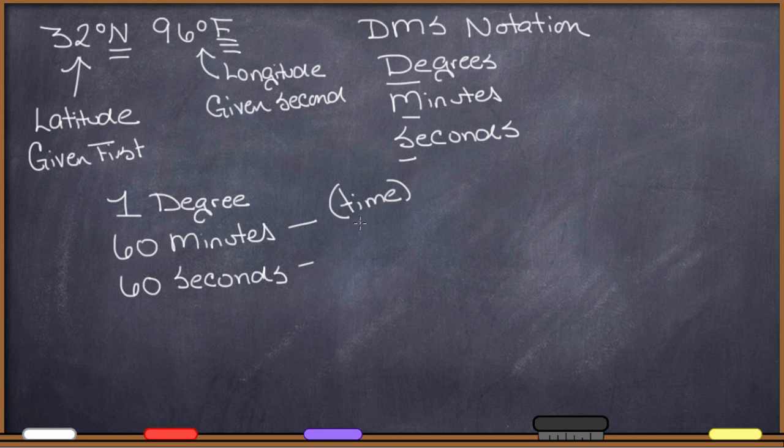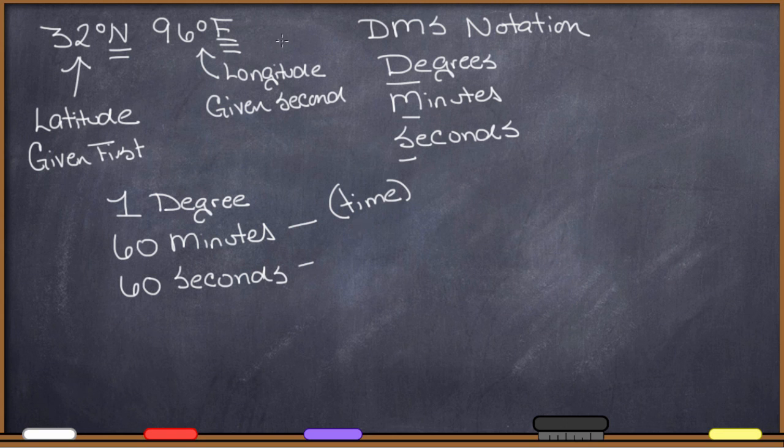But we do use a base 60 setup in time as well, because we're used to having 60 seconds in a minute of time and then 60 minutes in an hour of time. So we think about base 60 there. But this is another situation where we're talking about minutes and seconds, but this time we're talking about divisions of degrees, this angular coordinate system, and we're base 60. So 60 minutes to 1 degree, 60 seconds to 1 minute.